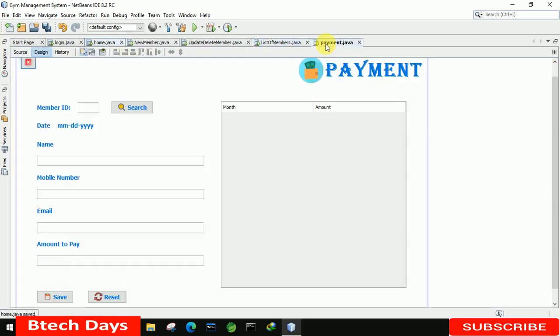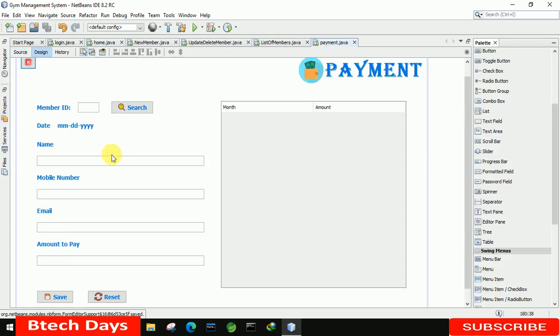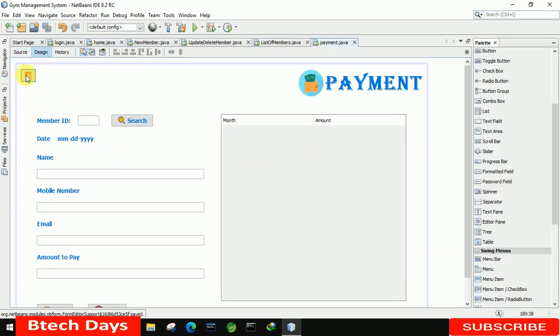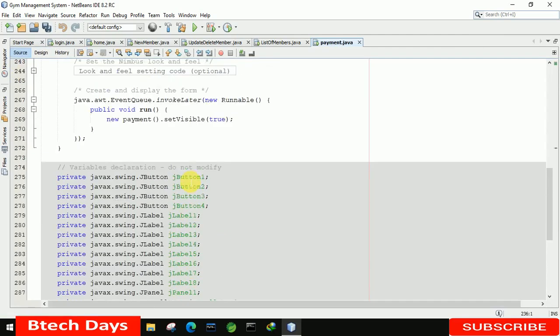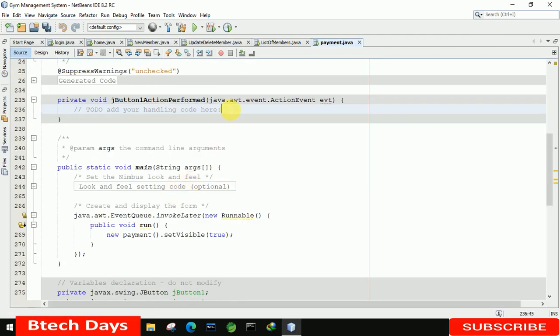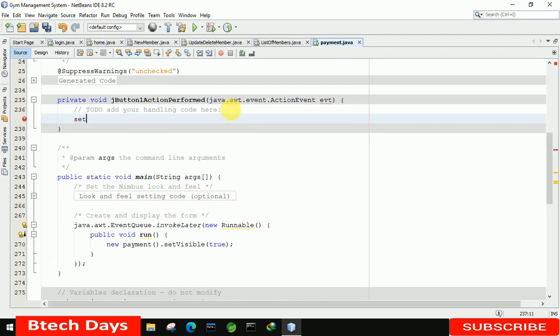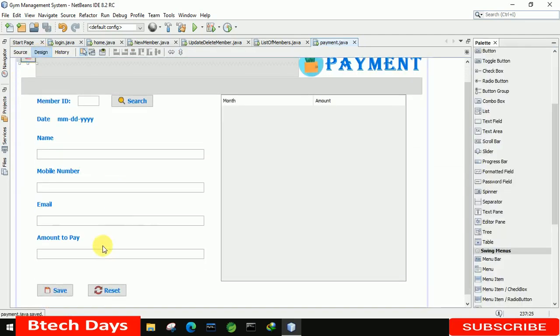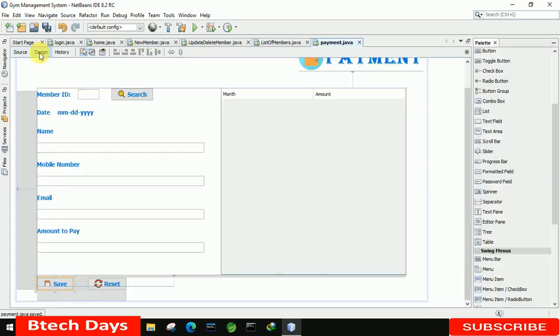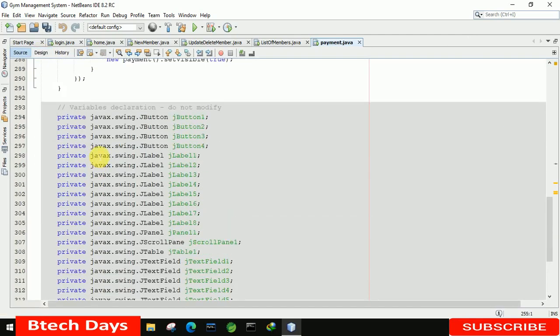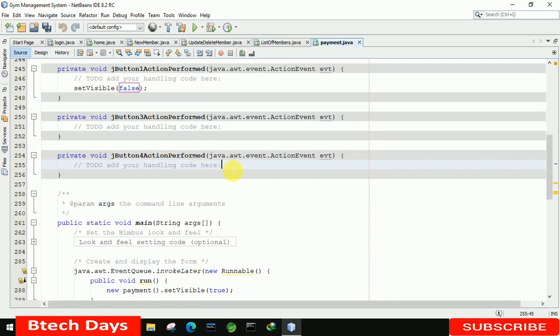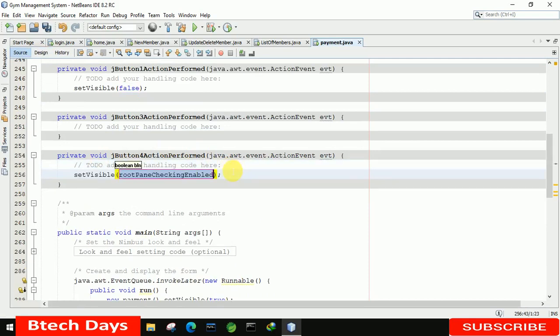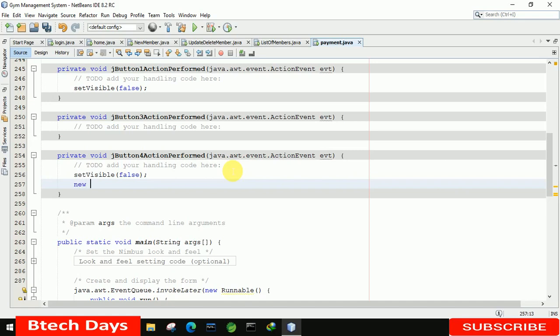Now let's again move here. Let's save this page. And first we are going to write for this close button. So just double click on this, and here make it set visible false. Again move to this page and let's click on, okay, we have to write for reset first. So let's here set visible false, new, same page. So payment dot set visible